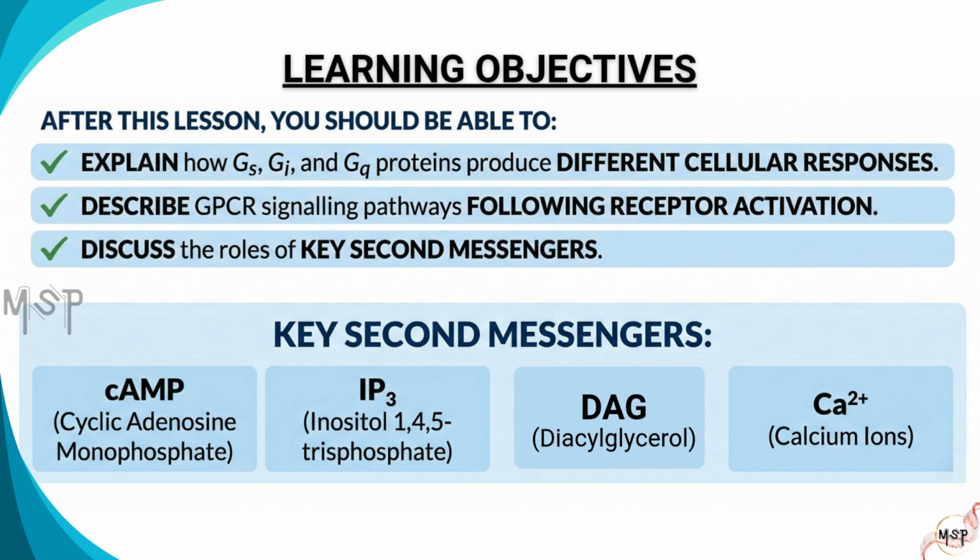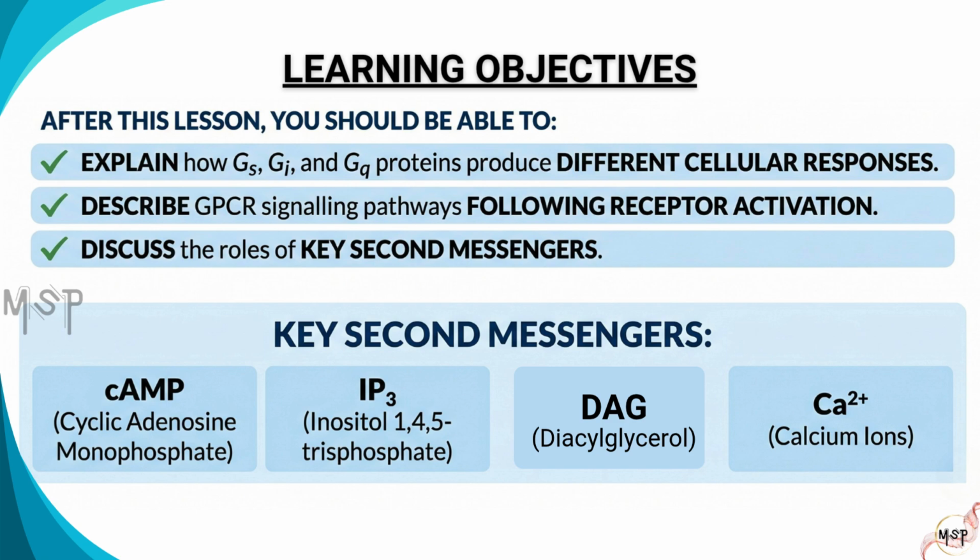In this lesson, we will answer three key questions. How do GS, GI, and GQ proteins produce completely different cellular responses? How do GPCR signaling pathways work after receptor activation? And what roles do second messengers such as cyclic AMP, inositol triphosphate, diacylglycerol (DAG), and calcium play in transmitting and